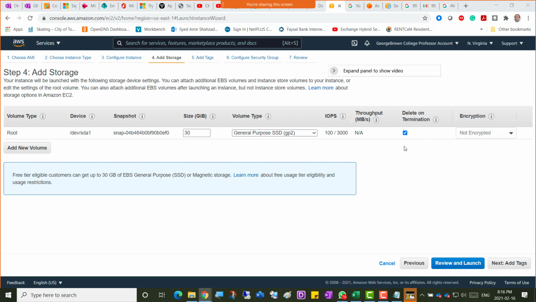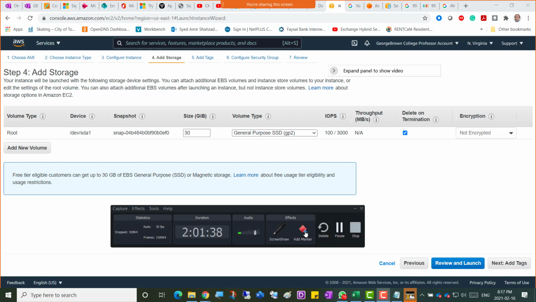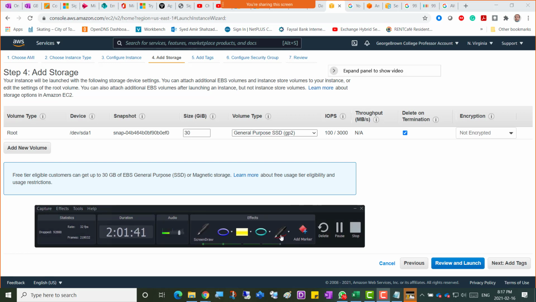This means that if your virtual machine is going to be deleted, and there's a virtual disk here as well, right? So the disk, if you don't want the disk to be removed,